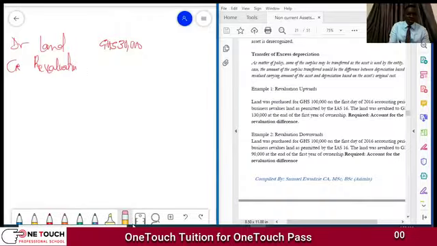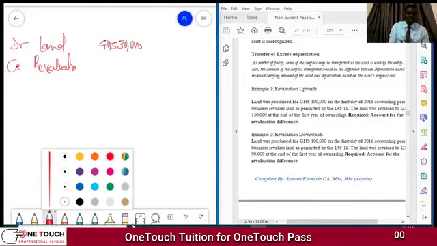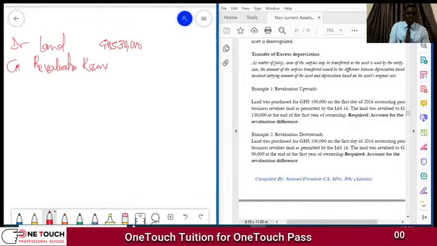Revaluation reserve. Credit revaluation reserve, also 30,000. Okay, good. So this is how we account for the increase. We debit land 30 and we credit revaluation reserve also 30. If you are using a T account,